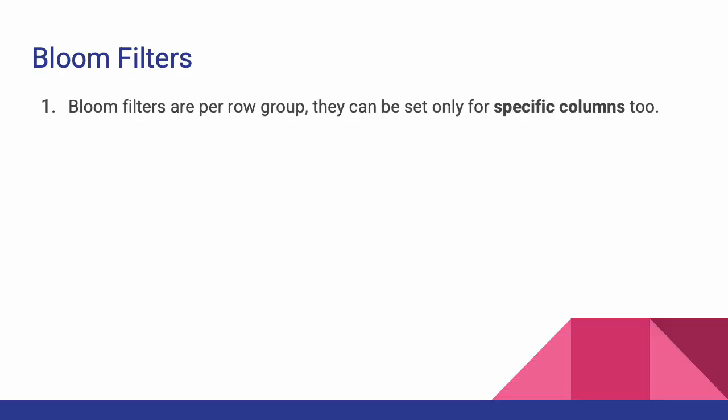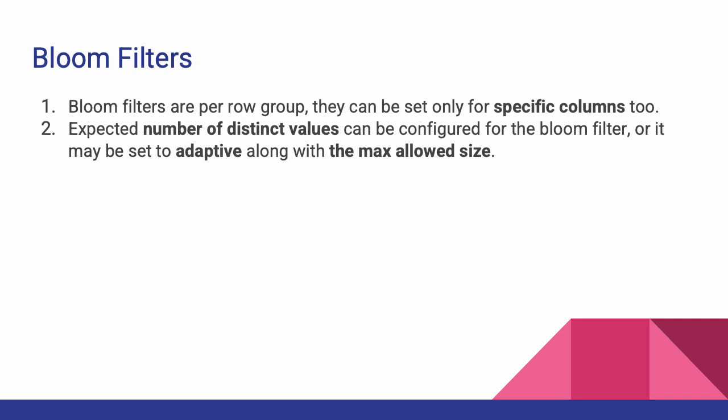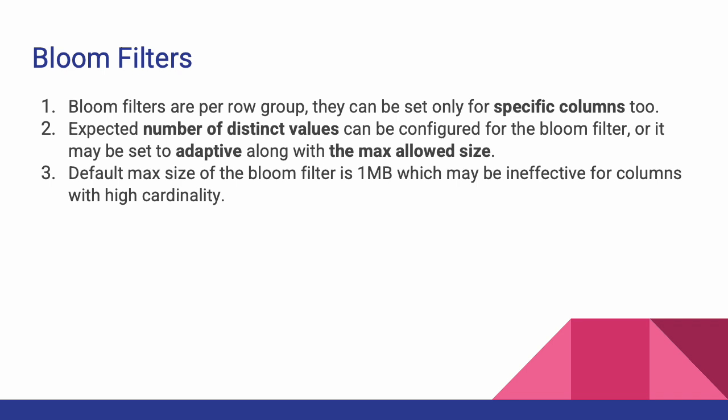So a few points about Bloom filters. Bloom filters are there for every row group. You can also set it for specific columns. You have to specify the expected number of distinct values, or you can choose the adaptive Bloom filter and set the maximum size of the Bloom filter per row group. The default maximum size of Bloom filter is 1 megabyte, which can be ineffective if the columns